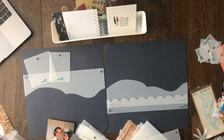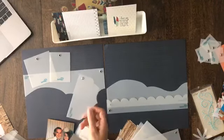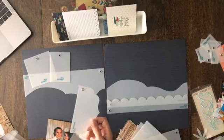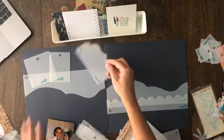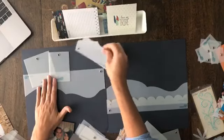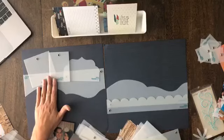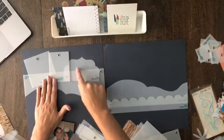I'm trying to think what I can put a title on. Of course, every time one of my go-tos is brackets, when I'm trying to think of a placeholder, somewhere that I can build a title off of. Something that, maybe I don't even need anything. Because of the dark blue, the stickers will totally,